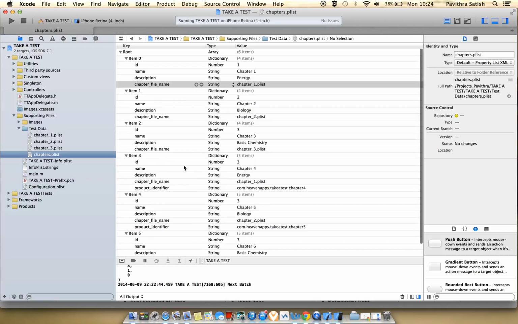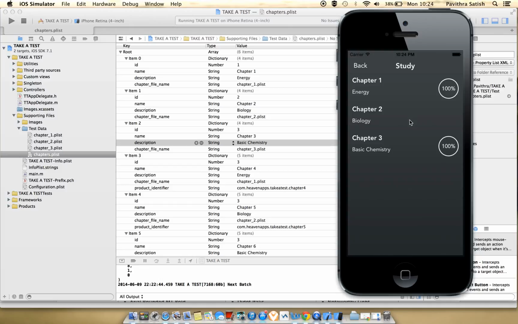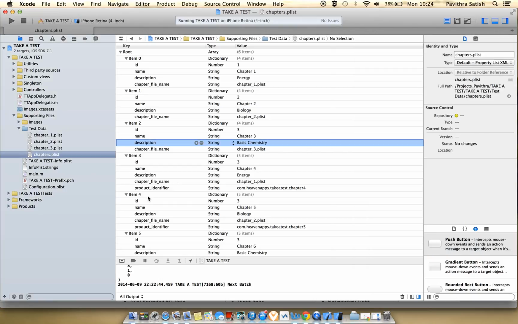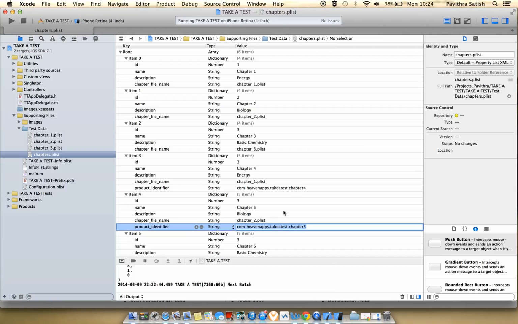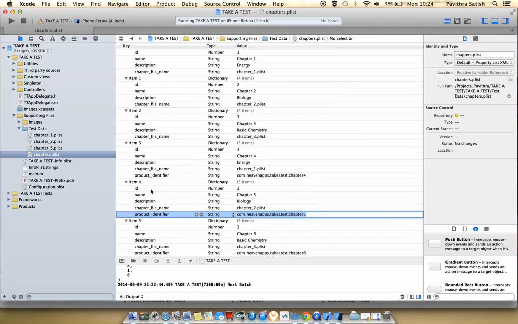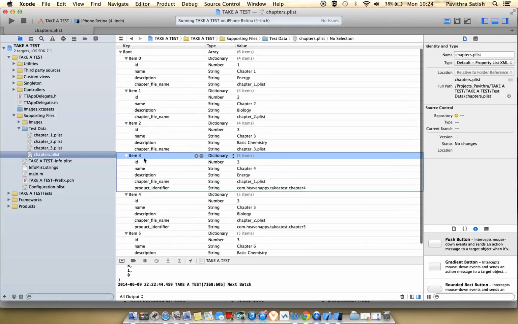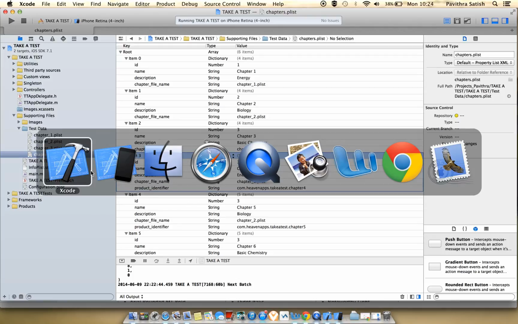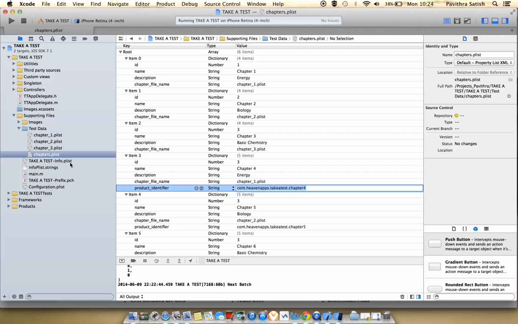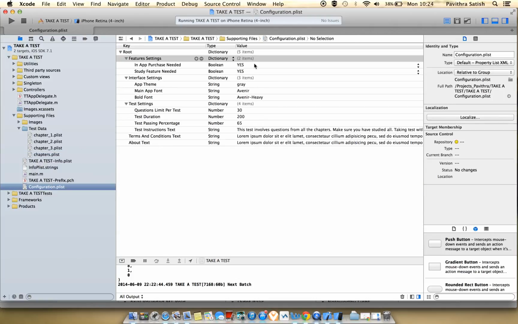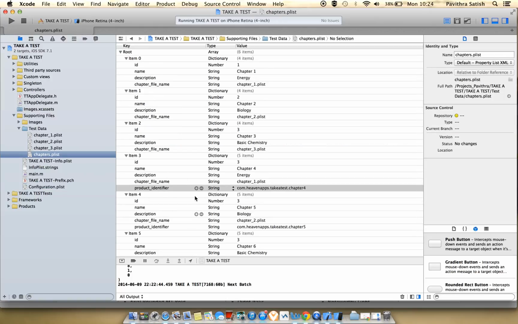But if you observe, only three are appearing in the study, but the other 4 and 5 are not appearing because they have their product identifier specified. That means these chapters are for sale. This one from here starts with 0. These are chapters 4, 5, 6. The last 3 chapters are for sale. If I have a product identifier here, and in the configuration list the in-app purchase is enabled, then I'm going to get these chapters in